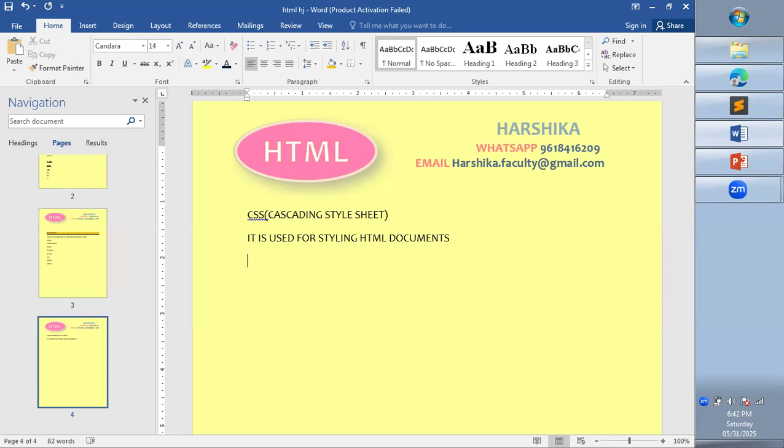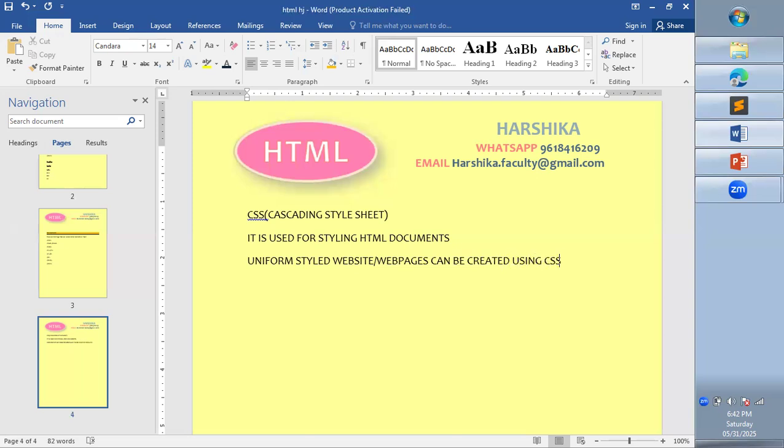So it helps in building a uniform website, which contains uniform design for all its web pages. So a uniform styled website or web pages can be created